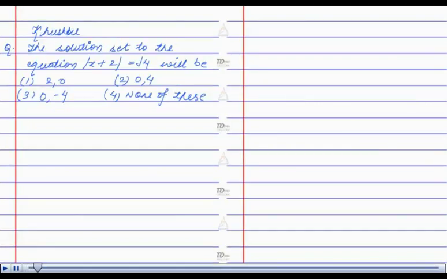Hello, I am Khushbu. The question is, the solution set to the equation mod of x plus 2 is equal to root 4 will be. It has been given that mod of x plus 2 is equal to under root of 4. Squaring both the sides we get